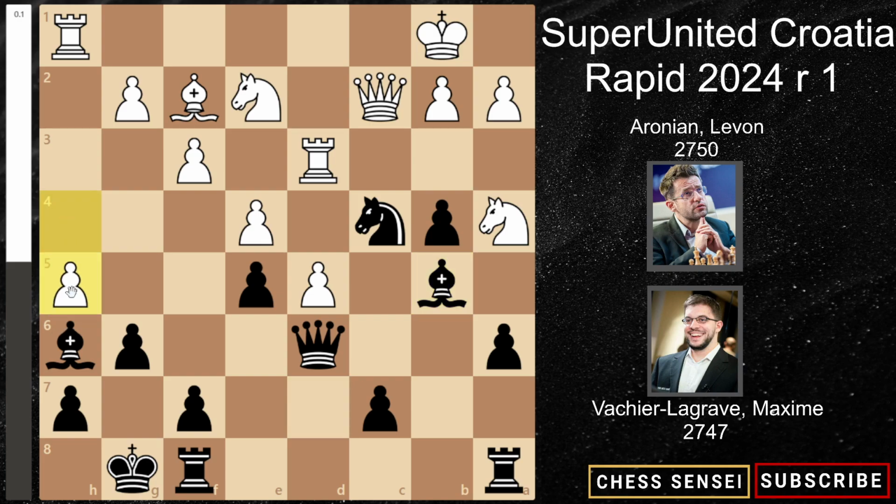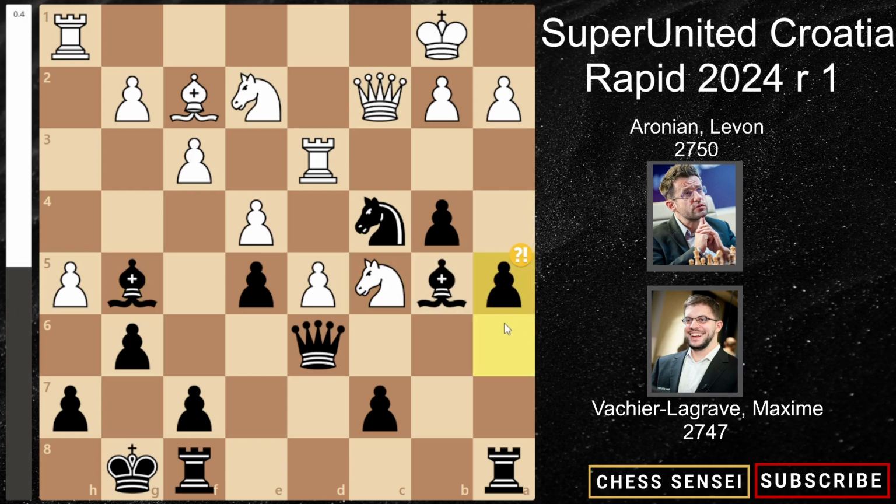So we get pawn to h5 from Levon. Levon is saying, okay, I am not having fun. Also, I got to try to checkmate you. So MVL basically says, okay, go on. I will move my bishop so when you capture here, I can recapture without leaving my bishop hanging on h6. So here Maxime goes knight to c5, and now we get pawn to a5 from h takes g6 was played